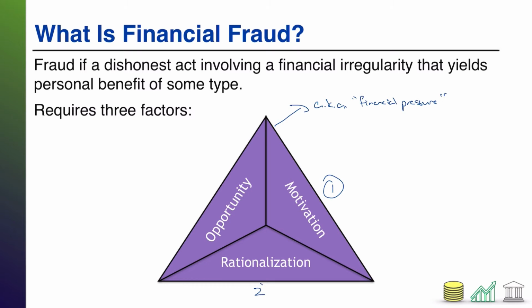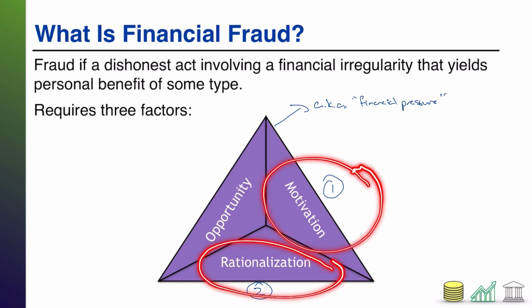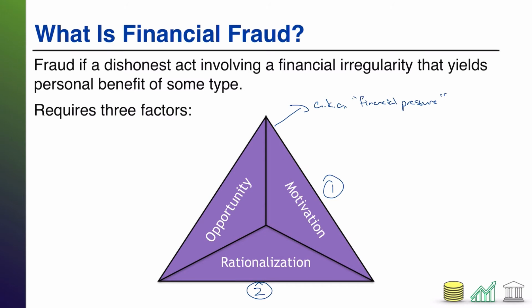All right, second up, rationalization. Rationalization is just our way of saying you have to be able to justify your actions. Fraud is, by definition, a dishonest act. And so, to the extent that a person has some sense of honesty within them, right? No matter how dishonest a person is, they'll probably have some piece of honesty within them. To the extent that you have honesty in you, you've got to be able to essentially justify to yourself why it is okay in this situation to do this dishonest thing. So you have a reason to do it. Then you've got to justify why it's okay to do it or rationalize it.